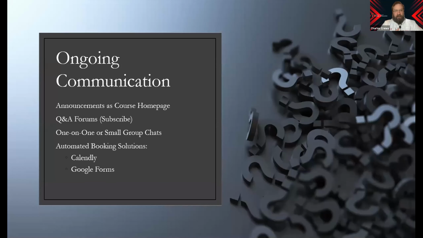So ongoing communication, this is where you're building relationship. This is what you're doing that is substantial, that interaction that you're having with them. Some of the things that come to mind when we look at this is, how are people going to,